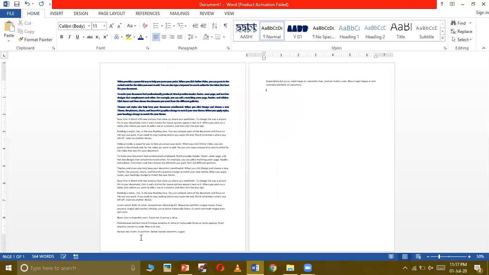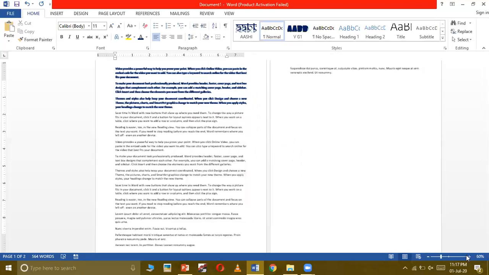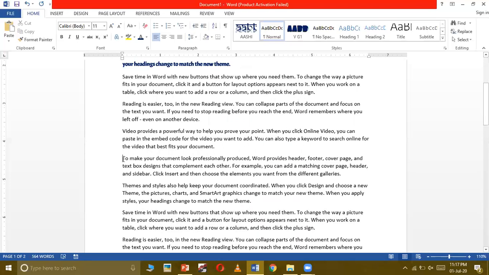Okay, now as you have seen, when this page was over, then only a new page has been inserted. So suppose you want to end a page at a particular point without filling up the whole page. For example, suppose you wanted to end the page at this position only, let me show you where. Suppose you wanted to end the page at this point only, and after this, you wanted the content to appear